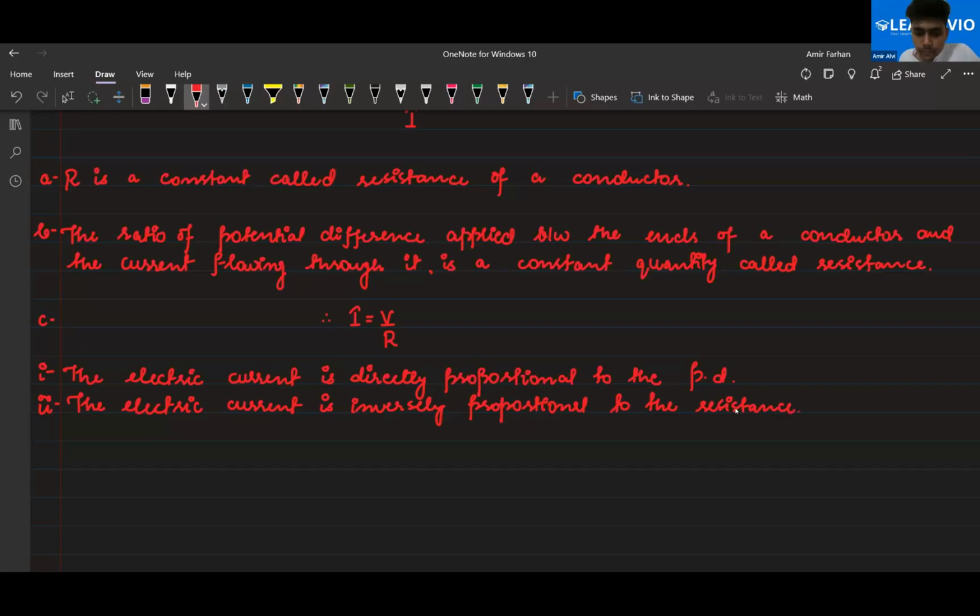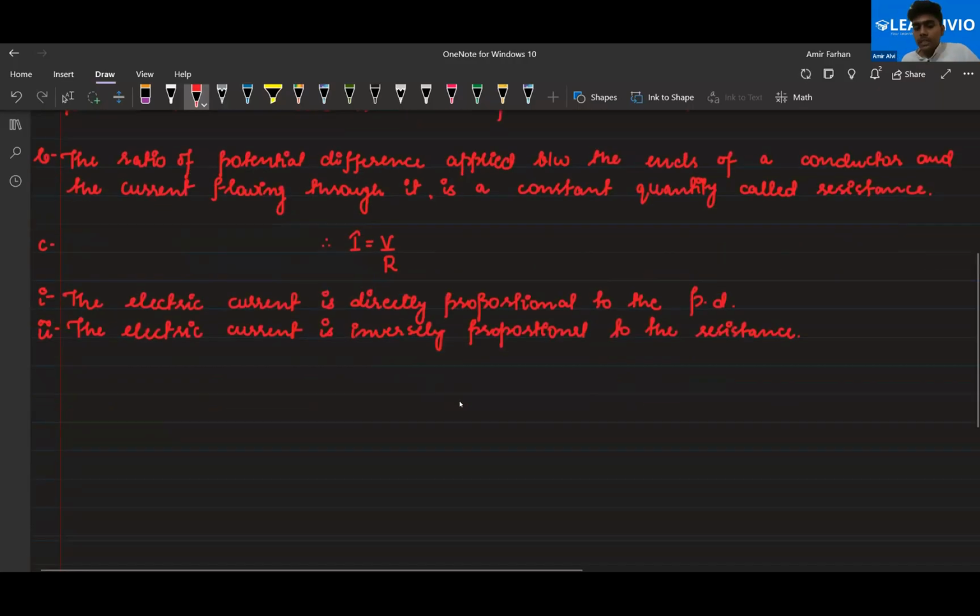Okay. So in simple words, if you increase the potential difference, the current